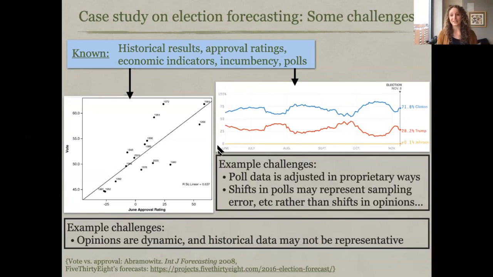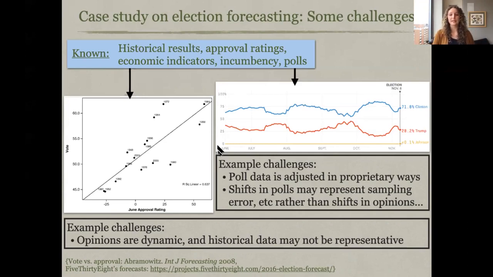The other issue to keep in mind when we're working with polling data, say if you go to 538's website and download their publicly available polling data, which they do a really nice job of making available, is that it is not raw polling data. That is polling data that has been collected and then some polling organization or house has made some decisions about what they think a likely voter is. They've weighted it based on the demographics that they think are going to vote. They've weighted it on whether the people who they called usually have voted in the past. And the issue is that usually the way they weight that polling data is proprietary. So we're all working with data that has been adjusted in some way, and we don't know how it's been adjusted.